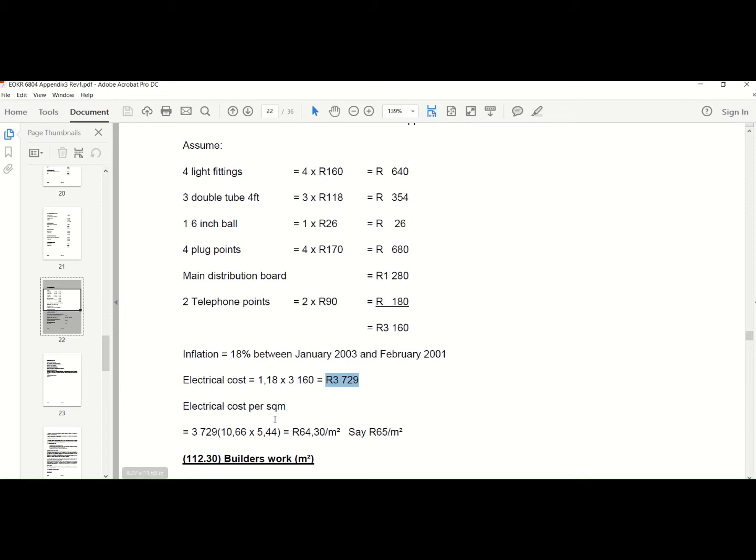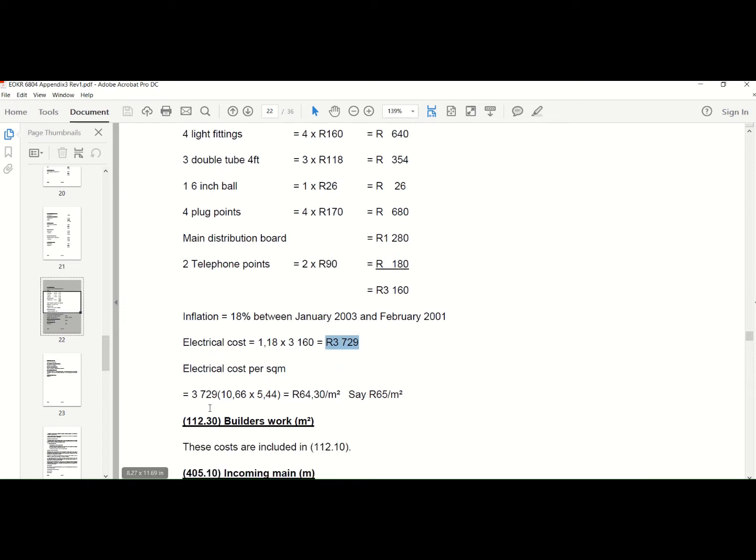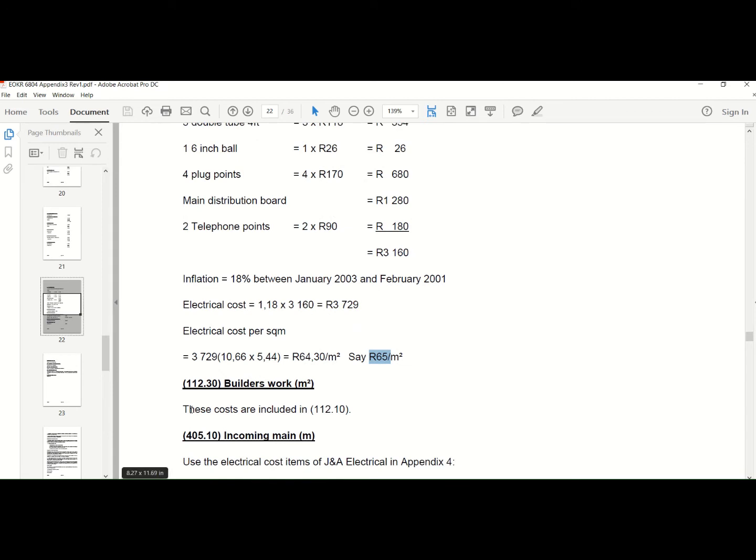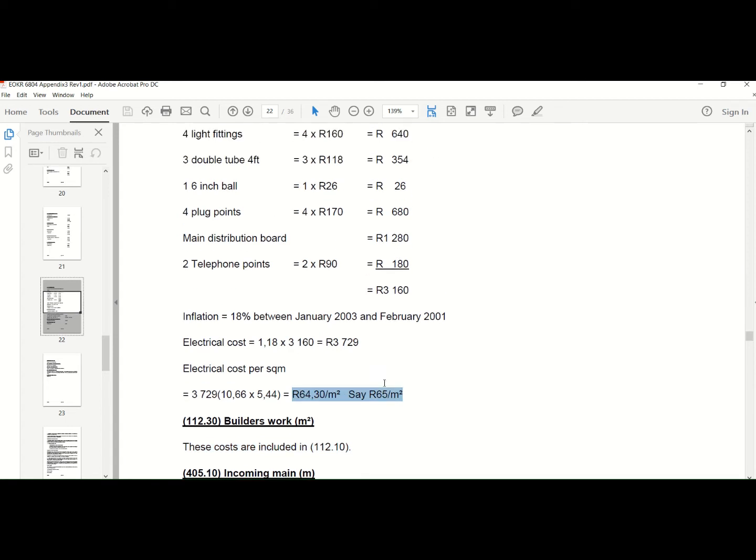Okay, so you would see what they've done here is they've taken this rate that they have here, they actually multiplied it with the square meterage to get to a rate of 65 Rand per square meter. Okay, and then you would see here it was included in the rate that they actually built up here. So in our instance, just to go back to